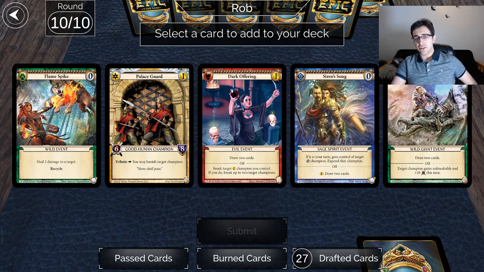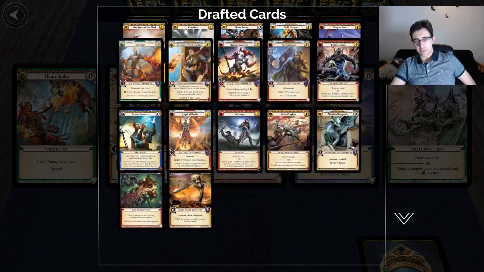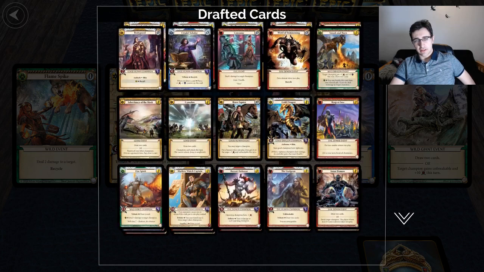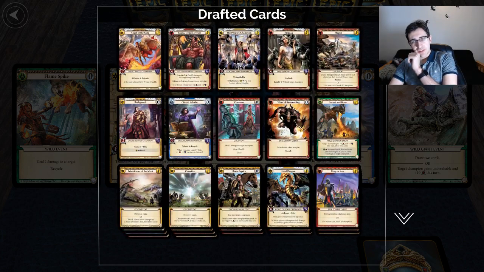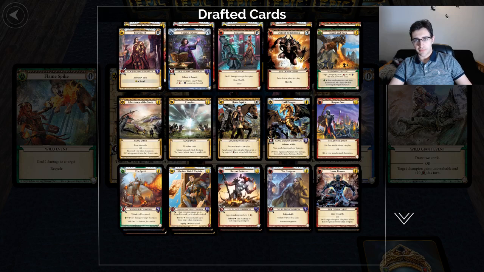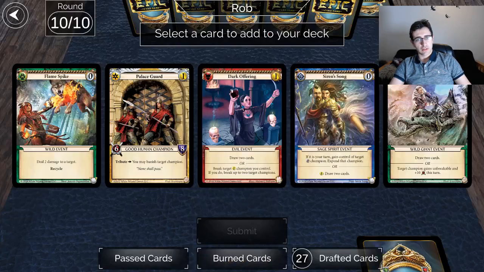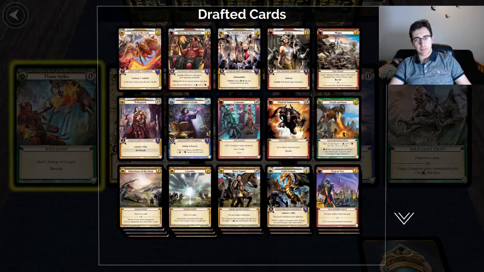Alright, House Guard is a great card, and so is Flame Spike. Those are the two that I'm looking at right now. It's probably going to be Flame Spike. I don't have very many ways to get rid of my opponent's 0-cost small champions. I have Consume and Rex's Enforcer. So I'm going to take the Flame Spike here,